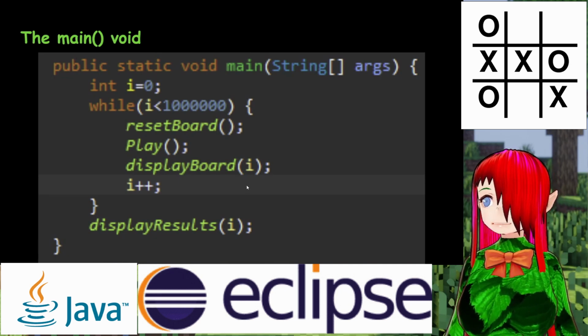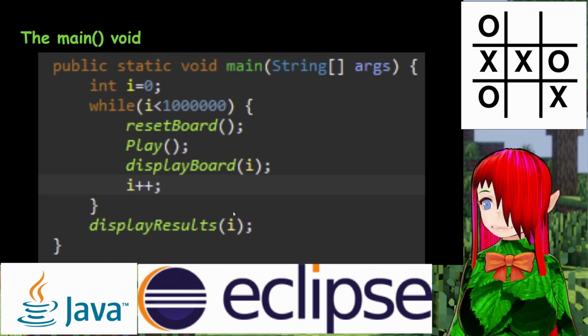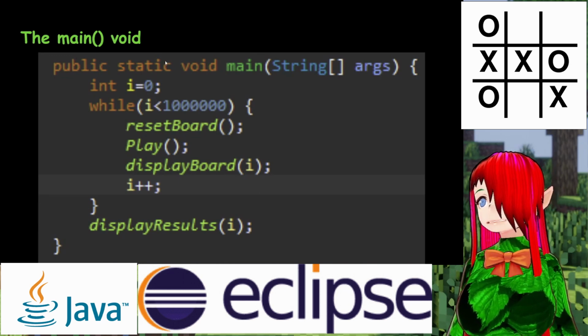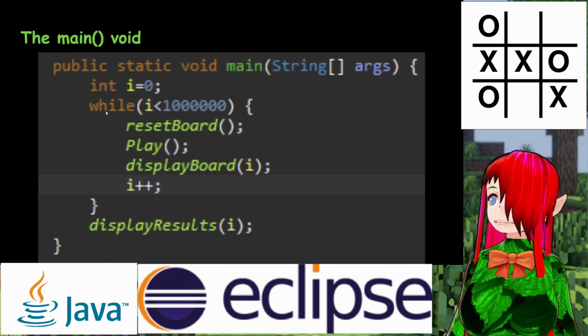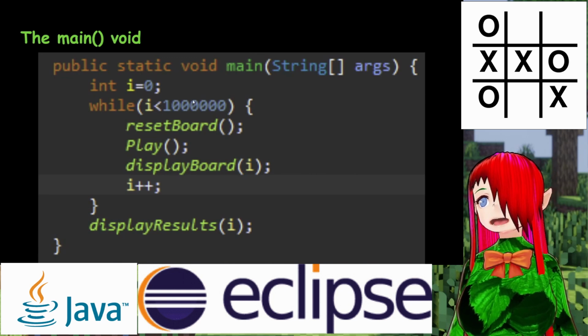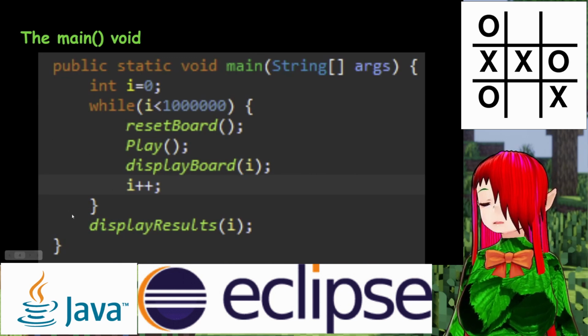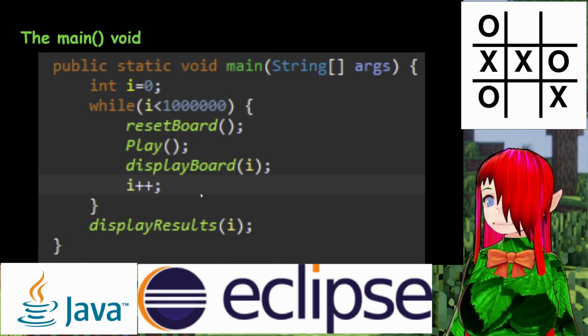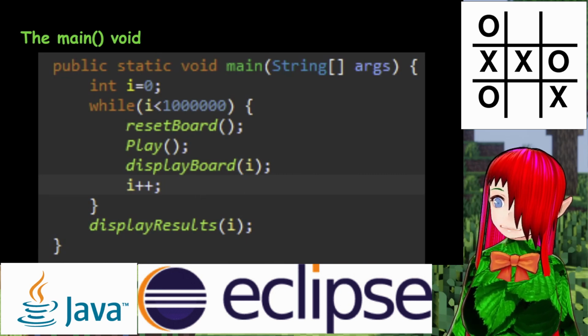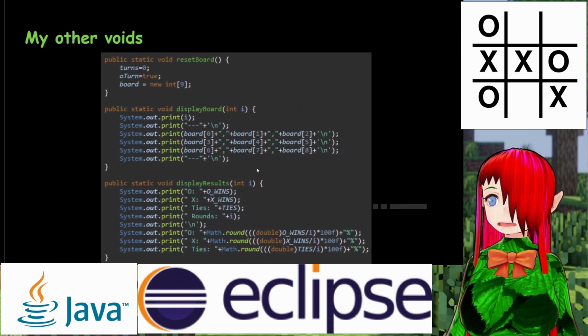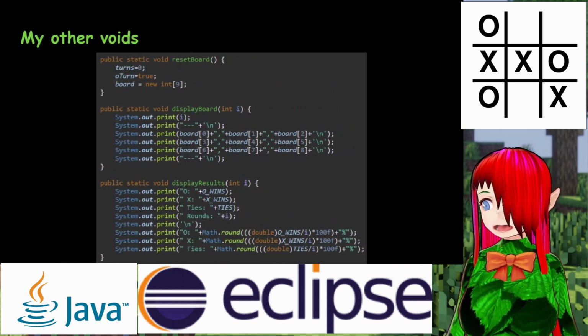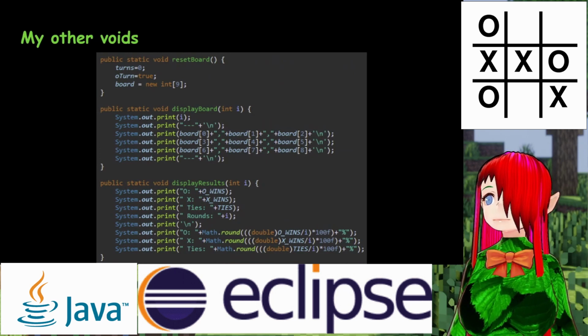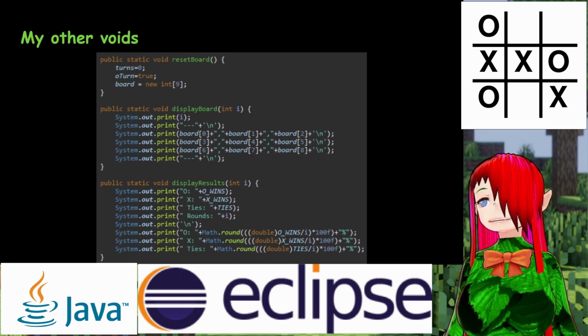999,999, it's going to go into, or actually, no, that's wrong. We get to like a million, right? A million is not less than a million, so that's going to be false. We're going to escape the while loop. And we're going to display results, but then our I is going to be equal to a million. So then we go over here. Let's see here. So it's going to be equal to a million, so that's going to say rounds and then